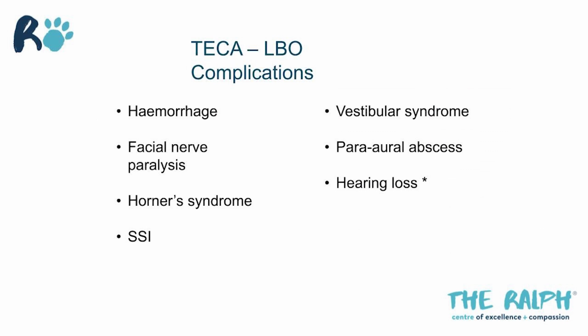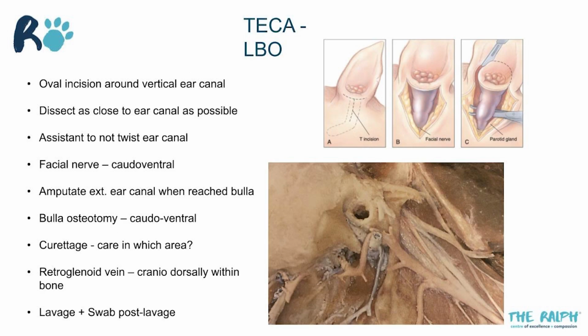Complications, you may have hemorrhage. We did mention already, you may have hemorrhage from the retroglenoid vein. This is why we will leave working on the craniodorsal aspect in the end. There was a very nice picture which we saw earlier. Sorry, I'm going to go back a little bit just to show you this, because you may have hemorrhage from